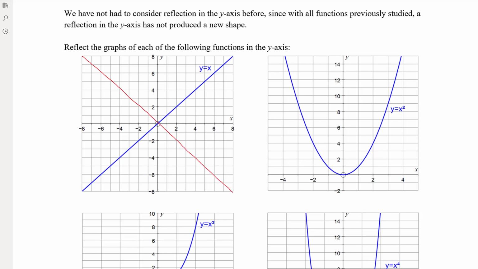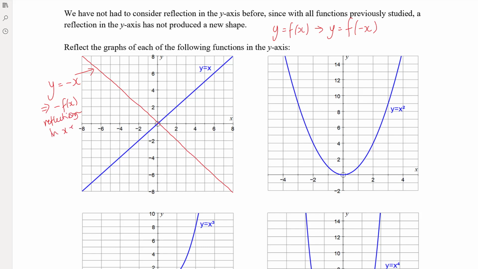We know reflection in the y-axis is when y equals f of x becomes y equals f of negative x. So the x part is made negative. And so that means the equation of this, if I've replaced the x in that equation with negative x, I get y equals negative x. Now that's just the same as negative f of x. It's the same as the reflection